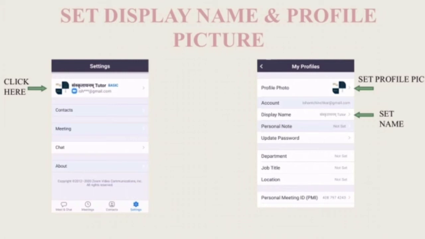Kindly remember this: whatever name you select, at the time of the lecture, whenever you send the link to people, that name will be shown to the other person. So others will see only the name you set over here. You can put your own name, or you can write your institution name, or you can mention your subject, whatever you want. So we have to set our name smartly over here.